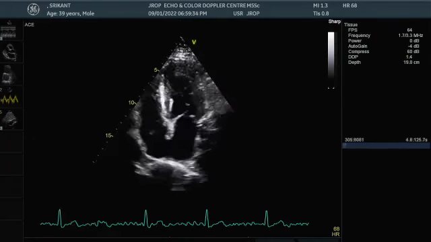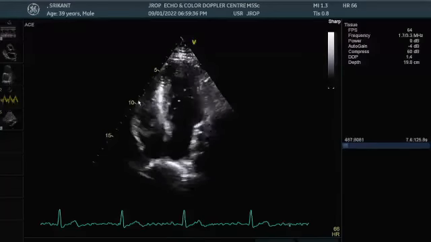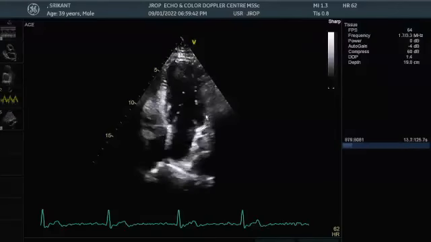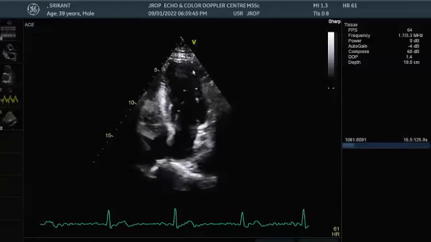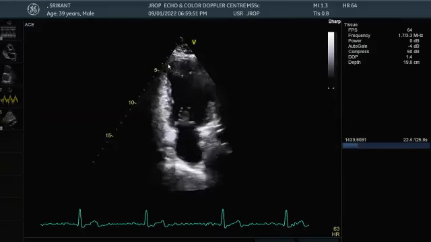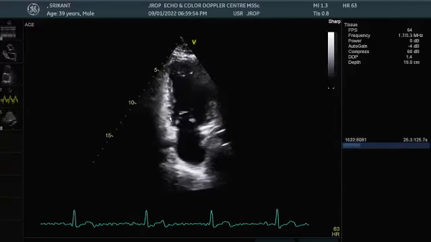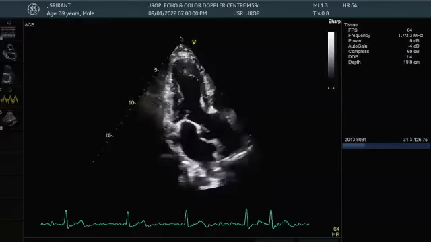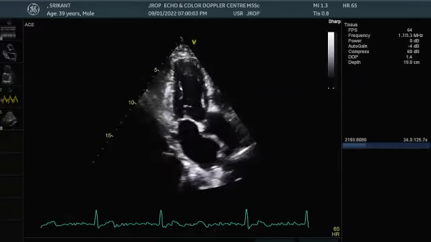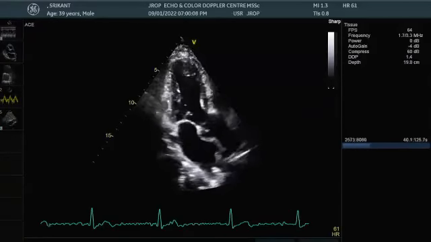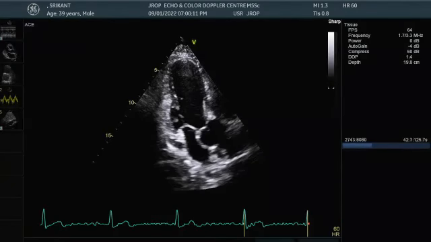These are the 6 segments of the four chamber view. This is the septum, correct? So basal, mid and apical septum, 3 segments. Basal, mid and apical lateral wall, 3 segments, 6. Go to the two chamber view. This will become anterior. Basal, mid and apical anterior wall, 3. Apical, mid and basal inferior wall, 6. 6 plus 6, 12. Then we go to the three chamber view. This is the anterior septum, basal anterior septum, mid anterior septum. We don't have an apical anterior septum. Then we have mid posterior, basal posterior. So 6 plus 6 plus 4, we have got the 16 segment wall.